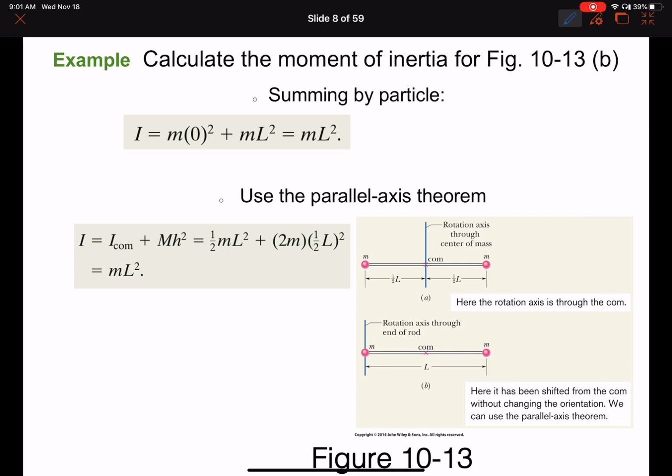In this case, you know the center of mass of a rod, and the rotation axis has been shifted to this edge here. So to find the inertia for this,